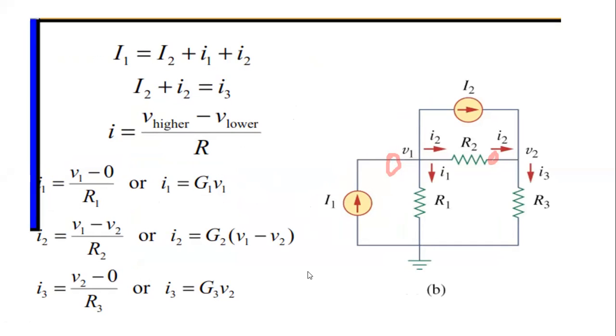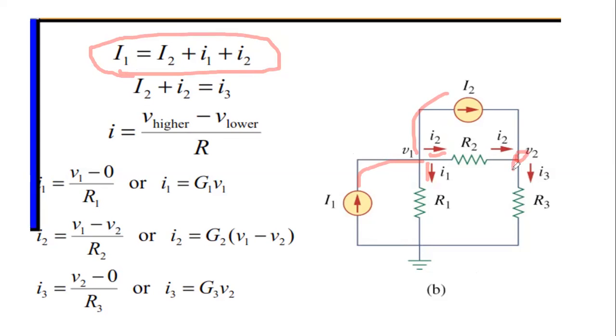So first of all, the first equation at node 1, and if you see node 1, we have I1 going upward. We generally take incoming current equal to outgoing current. So incoming current is I1. Outgoing currents are I2, capital I2, small I2, and small I1. So we will be having the first case Kirchhoff's current law like this. I hope it is clear to you.